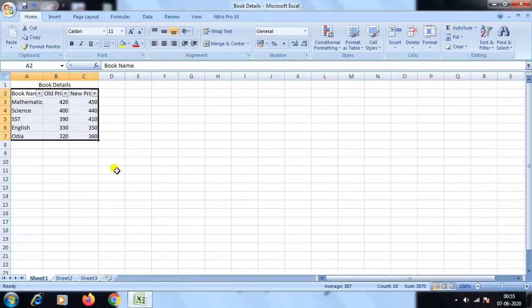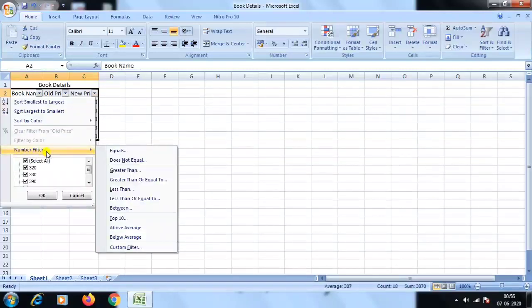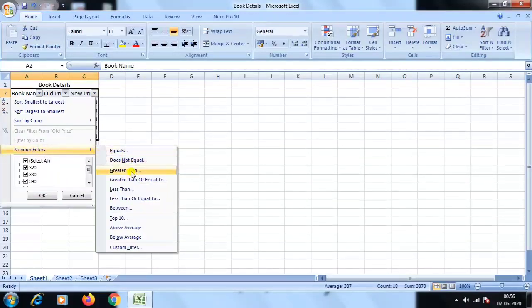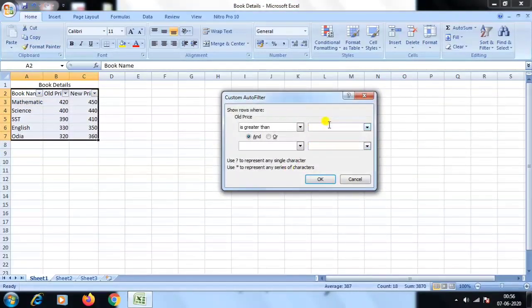If you need to display all the records here, then you click on select all, then click on OK. Similarly, if you need to display all those records which are greater than 350 and less than 400, then you click on old price or new price where the numbers are present. Then go to number filter and click on greater than, and you type there 350.